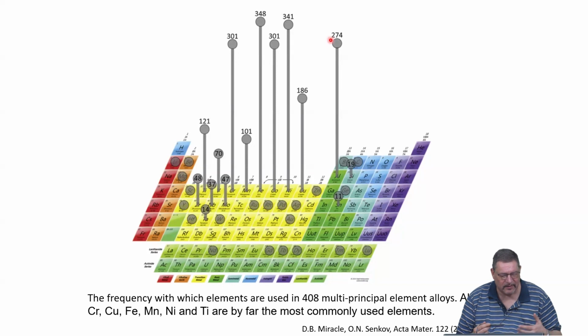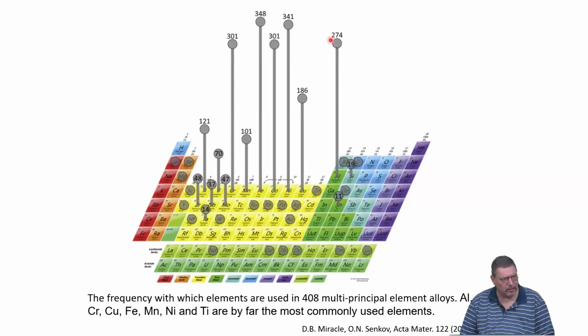This is related to the fact that there are a lot of Cantor alloys, so these cobalt, chromium, iron, nickel, manganese, and related materials. Based on this, people have maybe varied the composition and made a new high entropy system, or maybe added an additional component so that you get a two-phase complex alloy, maybe having two phases, and each of the phases is in itself a high entropy system.